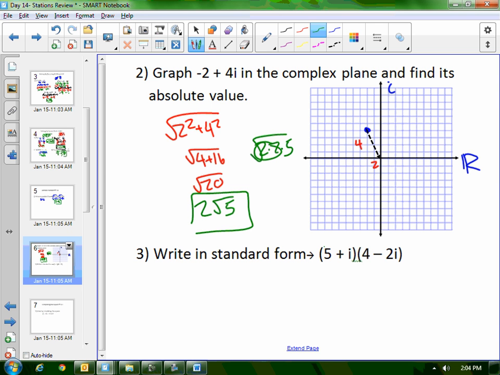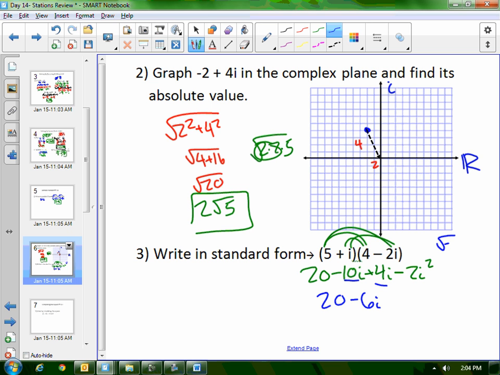Right, in standard form, you got a FOIL. 5 times 4 is 20. Minus 10i, and then plus 4i, and then minus, because it's negative times a positive, 2i squared. There's some stuff you can simplify. These are like terms, 20, negative 10 plus 4 is negative 6i, and then i squared, if